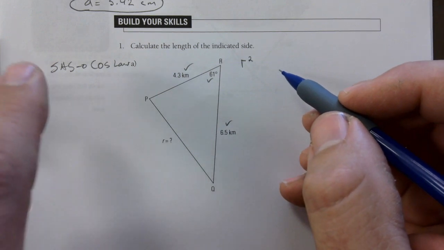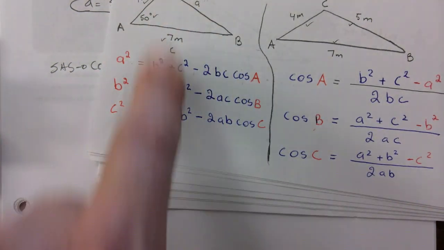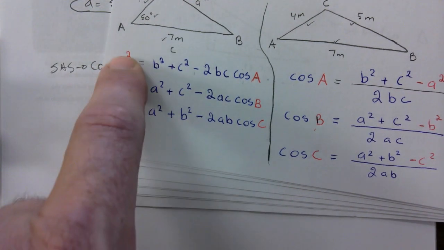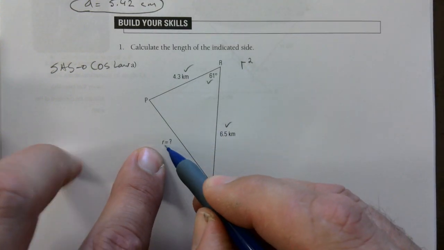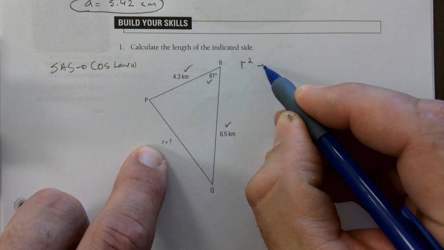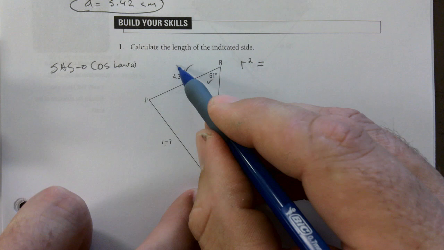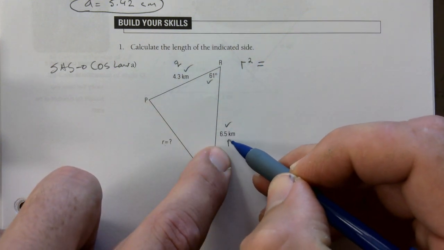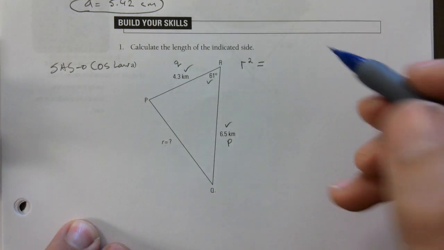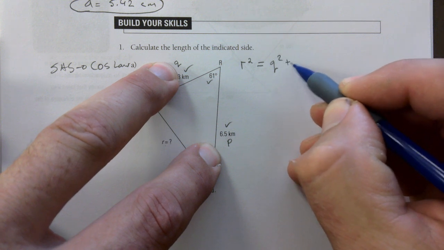Okay, there's no way around it. And because it's SAS, it's going to be one of these formulas. Watch, I'm just going to make them appear here. It's going to be one of these because I gave you the SAS here, right? You just have to pick which one. In this case, it's R that you're missing. So R squared is going to be, let's label this. If this is capital Q, this is lowercase q. This is capital P, this is lowercase p. So it's basically the other two sides squared and added